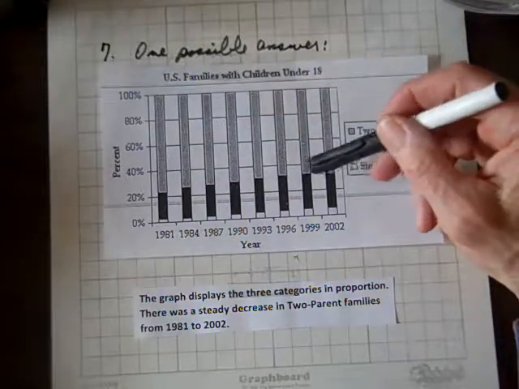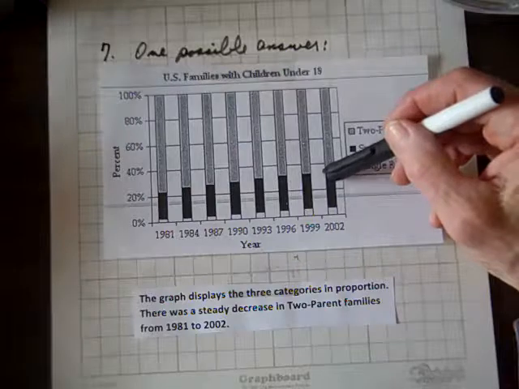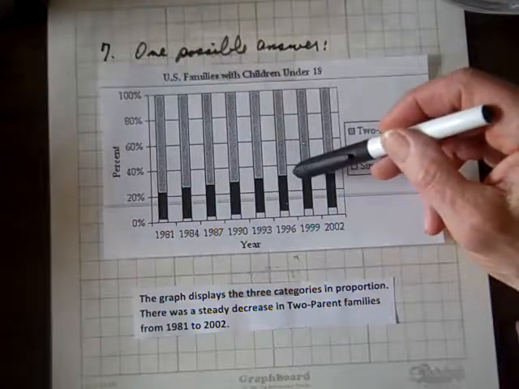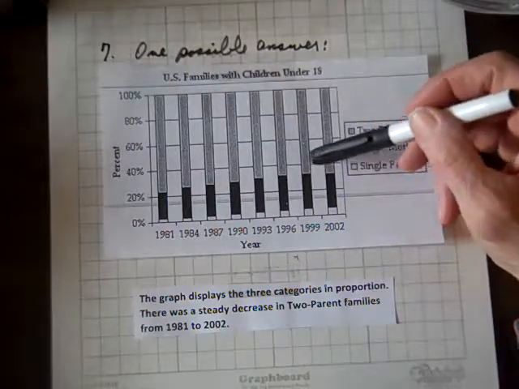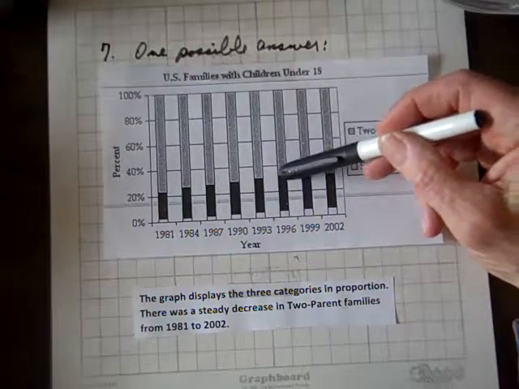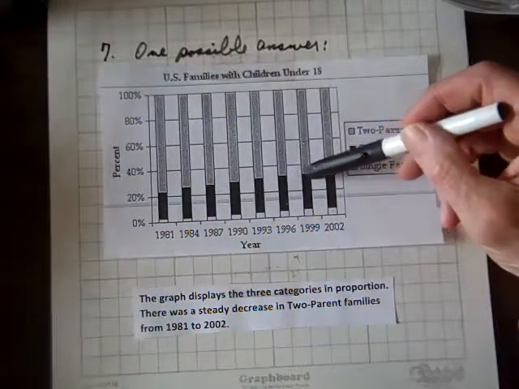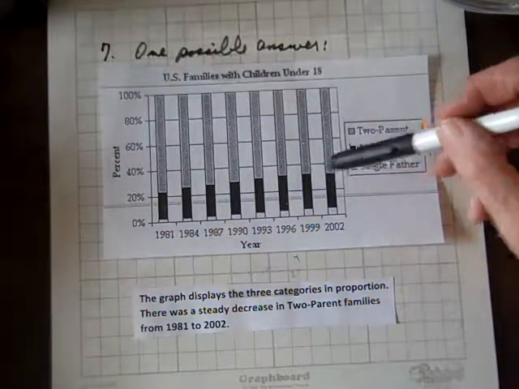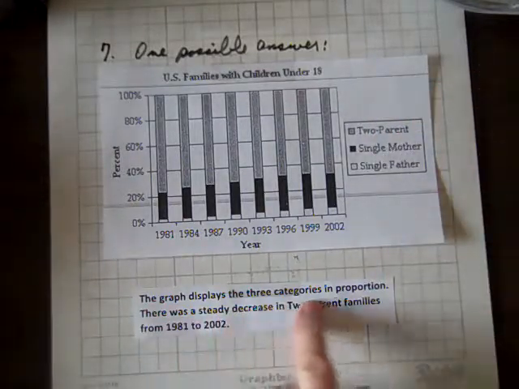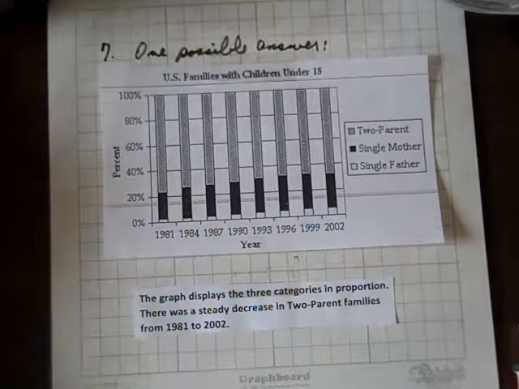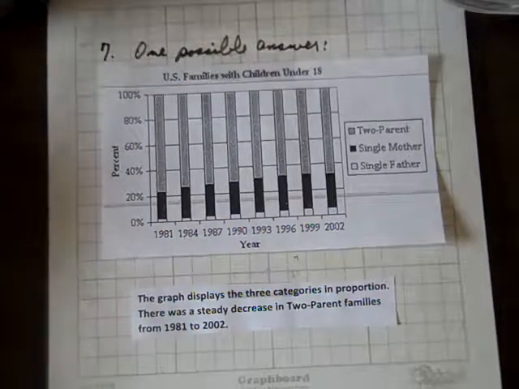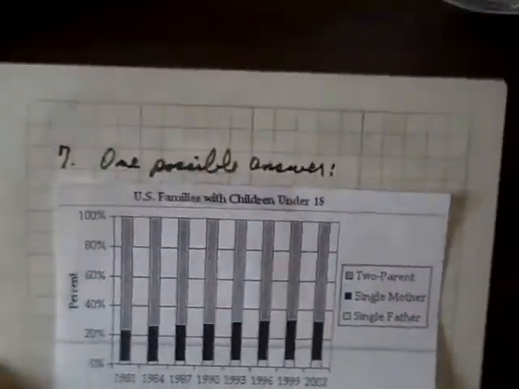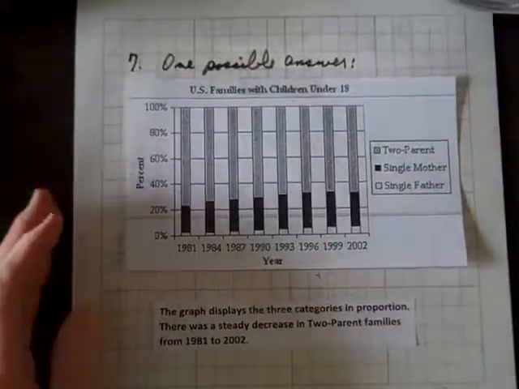So we could say, well, it looks like the percentage of single-parent families grew until 1996 and then stayed somewhat the same. Not quite, but somewhat. Anyhow, the graph displays the three categories in proportion. There was a steady decrease in two-parent families from 81 to 2002. So that takes care of